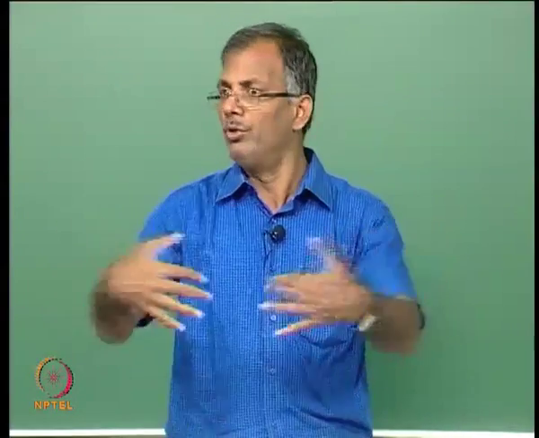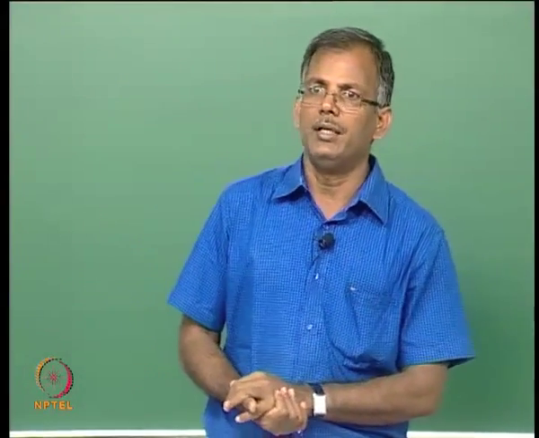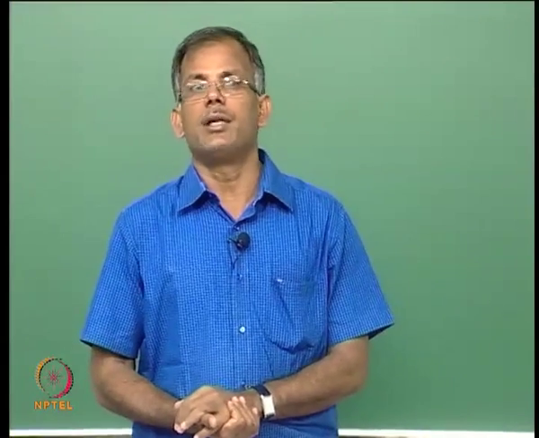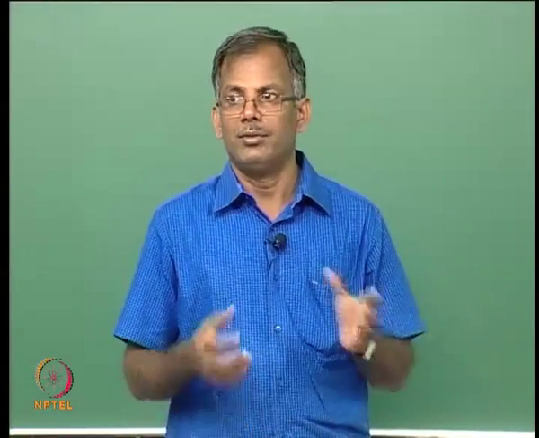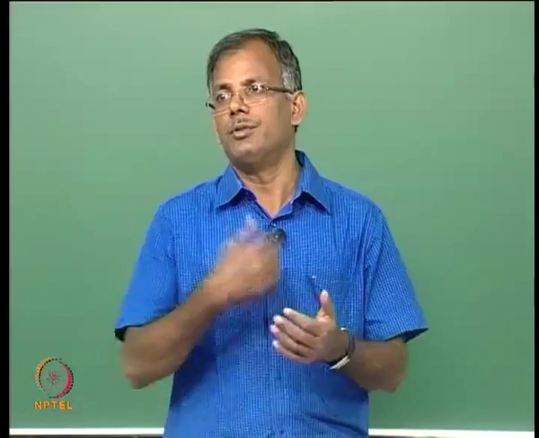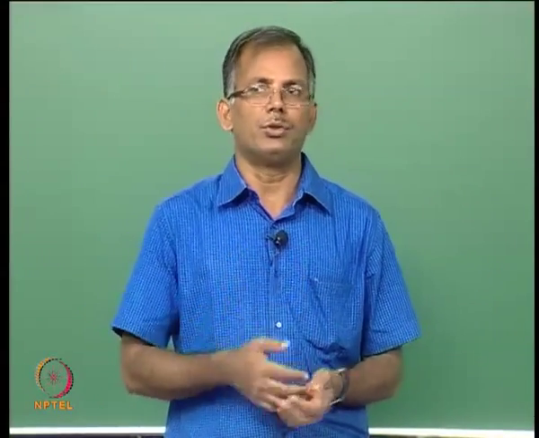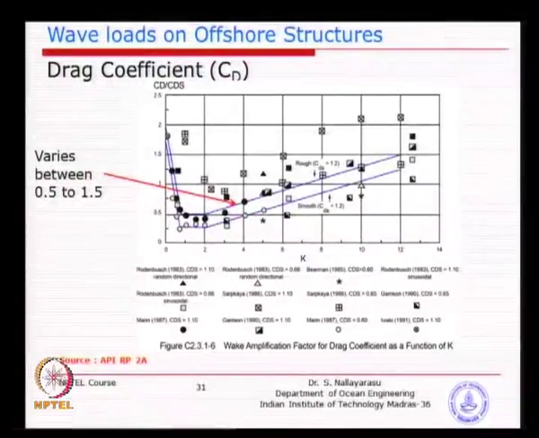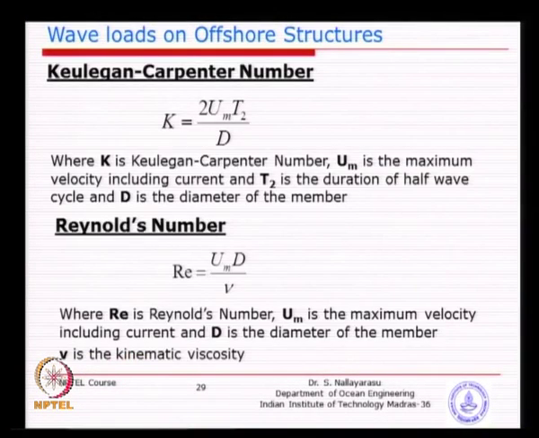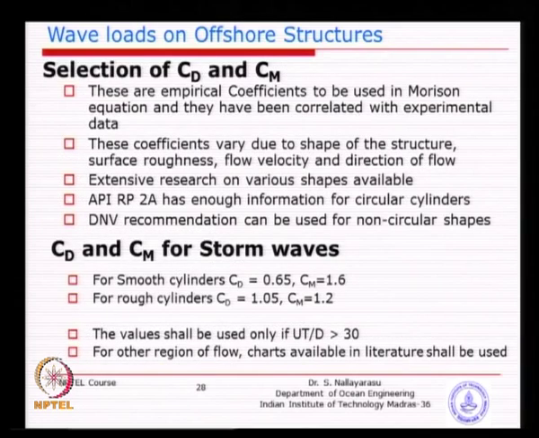If you have marine growth, then there could be potentially increased roughness, because you saw that picture, the marine growth is so rough. So, you have an increased coefficient, maybe 1.1, 1.2, so CD will be slightly increasing. So, here what we are trying to say is, you have to select CD and CM suitably according to the type of structure, type of roughness of the surface, and use it with the Morrison equation.